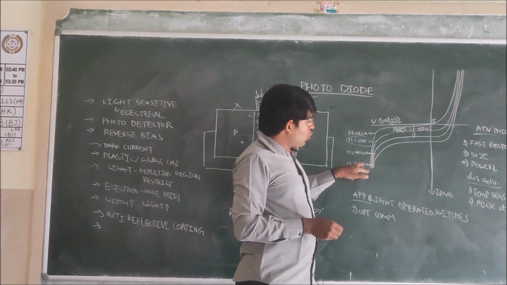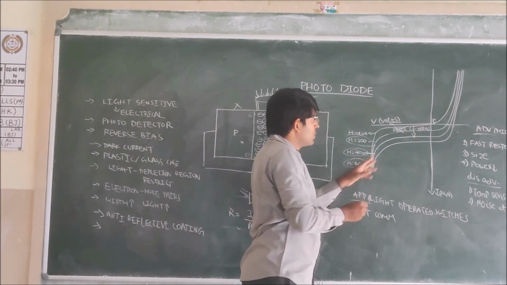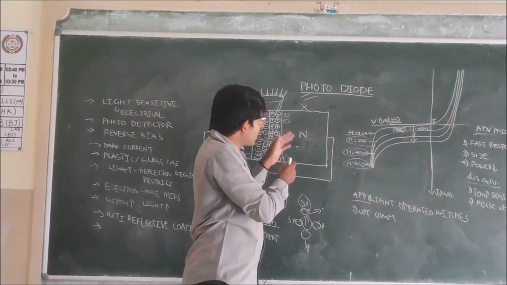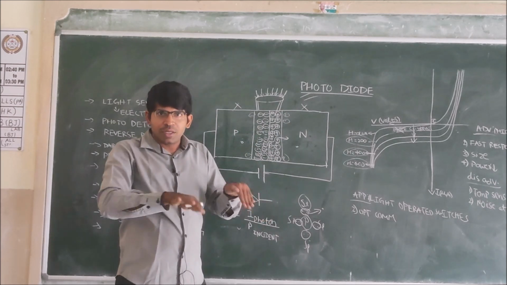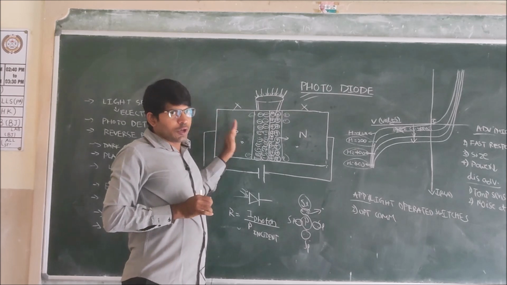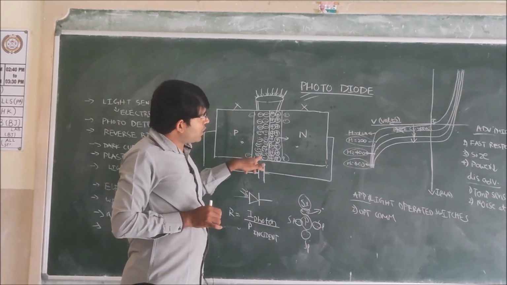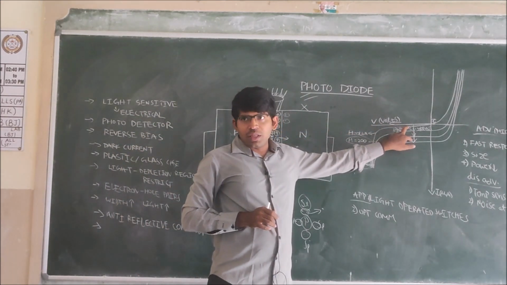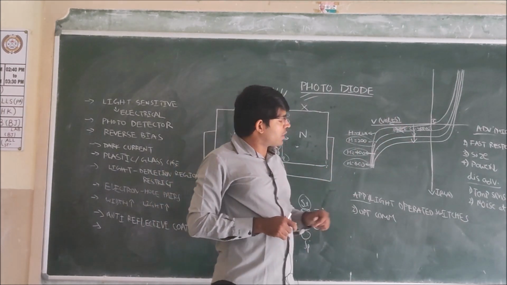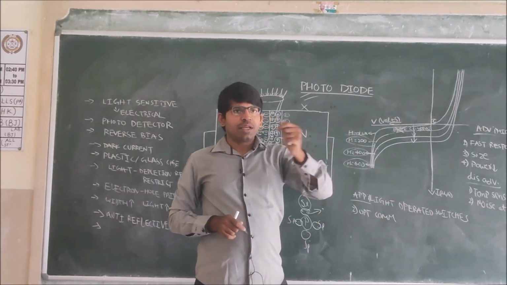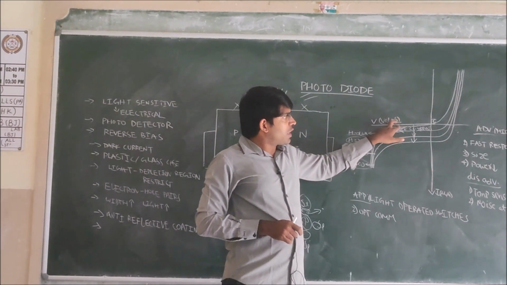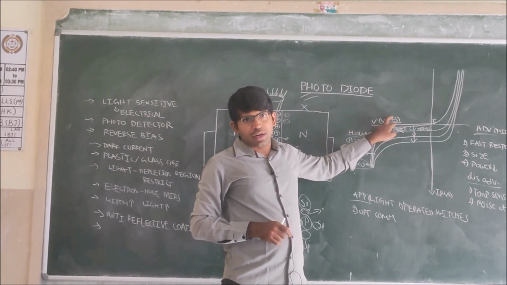Still, we increased from 400 to 600. Then more photocurrent is observed. More electron hole pairs are formed in the depletion region, and the electrons are going towards the N side and holes are going towards the P side. Because of that, more photocurrent is observed in the third quadrant. Why are we representing the current in the third quadrant? Because the applied voltage is negative. Because of that, we are representing it in the third quadrant.